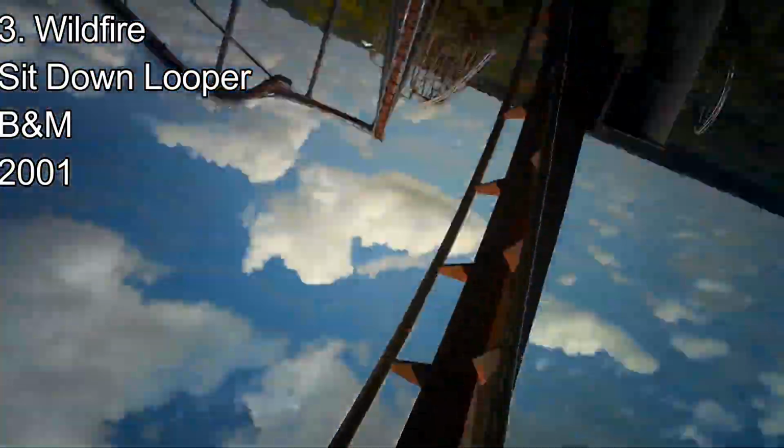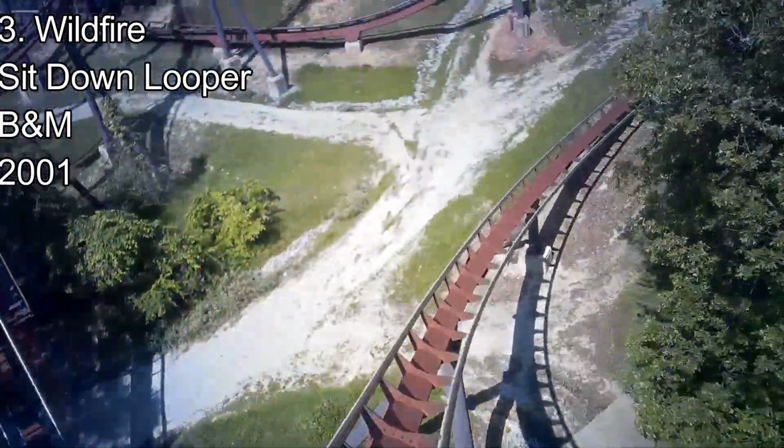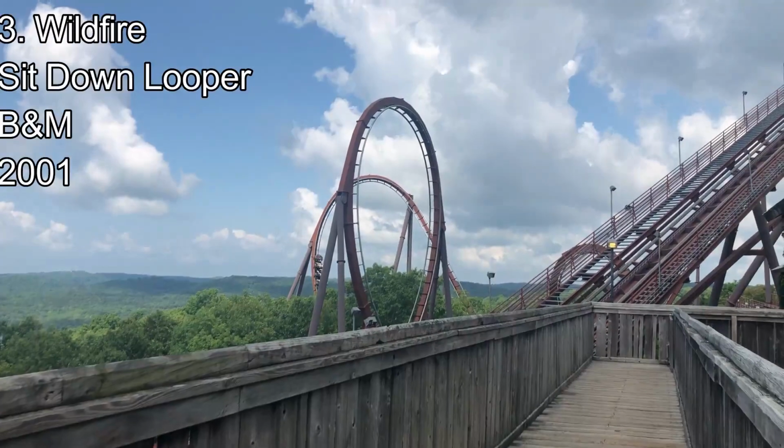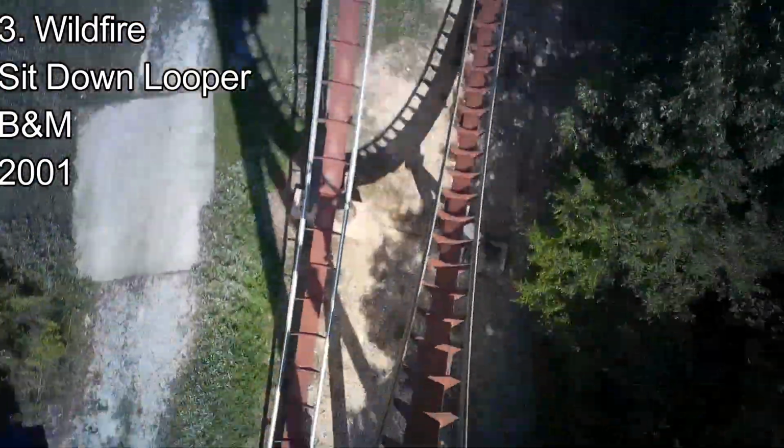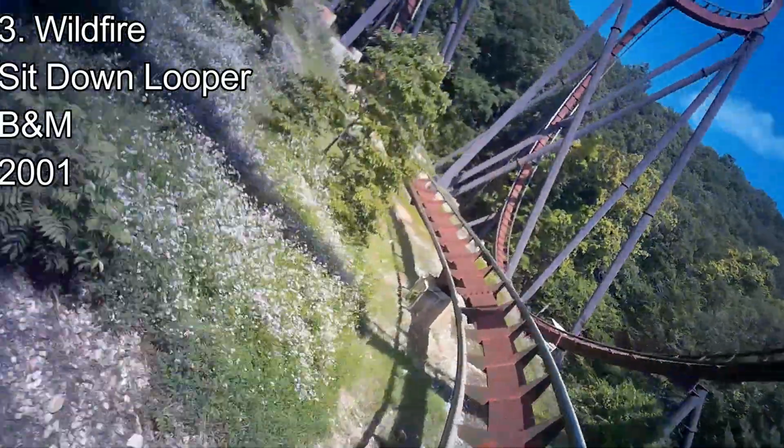After the drop is a huge Immelman, which is pretty forceful in the valley and provides a bit of hang time, but not a lot. After the Immelman is a loop, which again has a bit of force. After a quick turn is the most intense part of the ride, a very fast and whippy cobra roll that